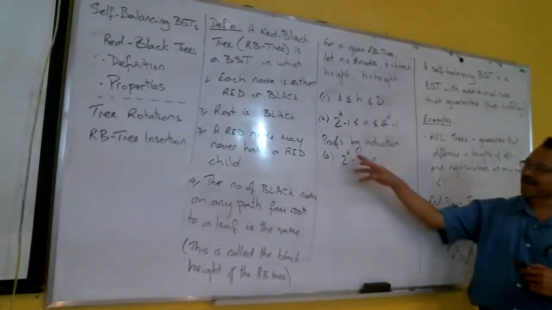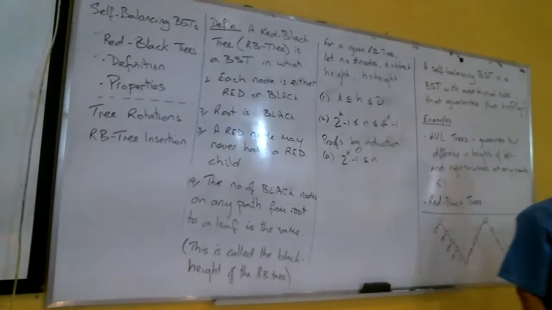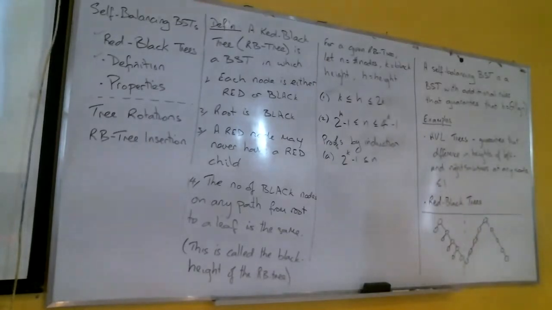How about the black height? Maybe I could try and reason about the black height. Can I make a relationship between a tree that has a black height of k and a tree that has a black height of k minus 1? Can you think of a relationship that I could say? In other words, if I have some inductive hypothesis about all red-black trees whose black height doesn't exceed a number,